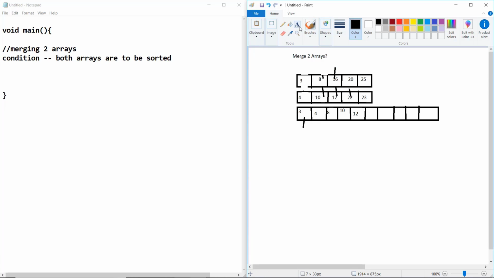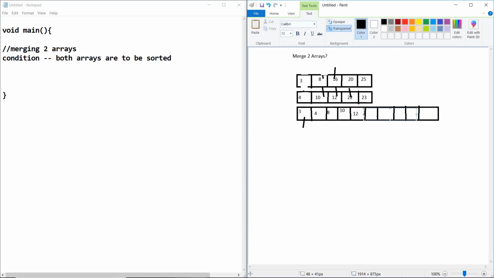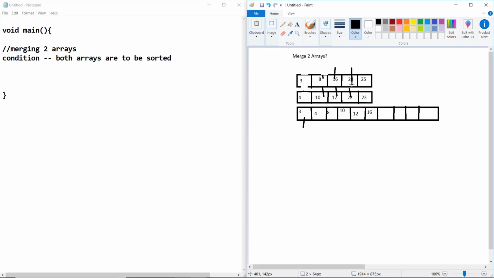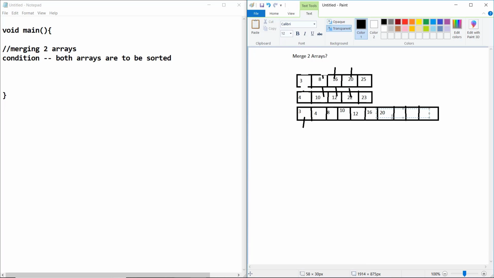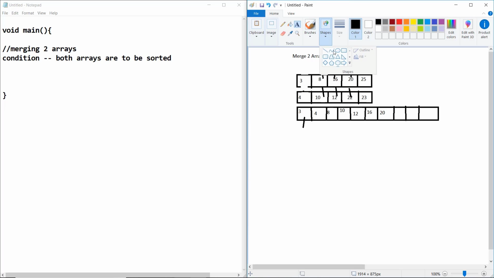Now 16. Now move the pointer of this array, and from these two, 20, and from this one, 22.